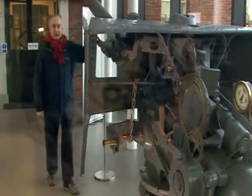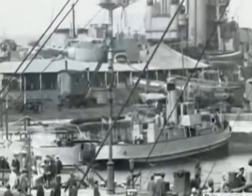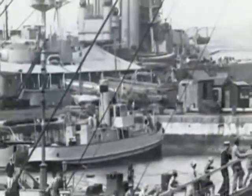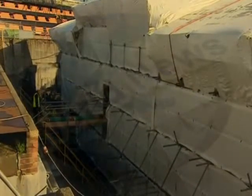When this gun fired the first shots of the war at sea in August 1914, the Royal Navy had 648 ships. Today, there are only 3 of that vintage left. And this is one of them, shrouded in plastic close to HMS Victory,